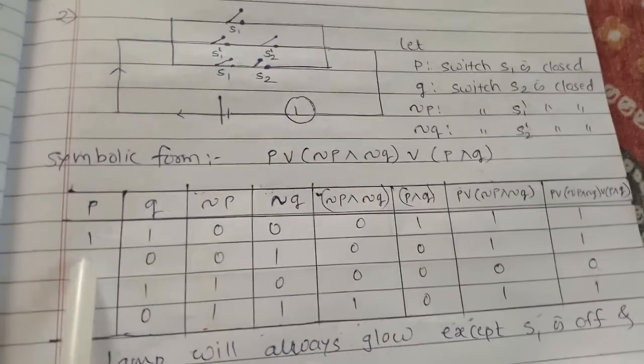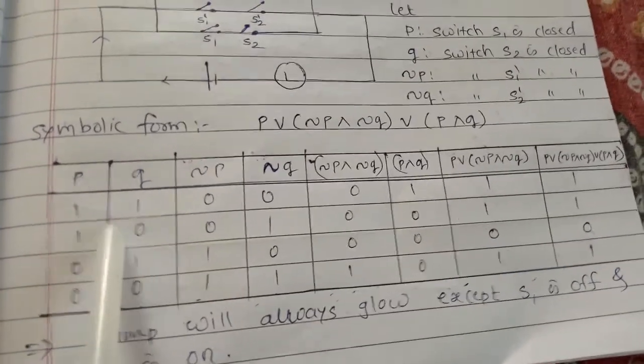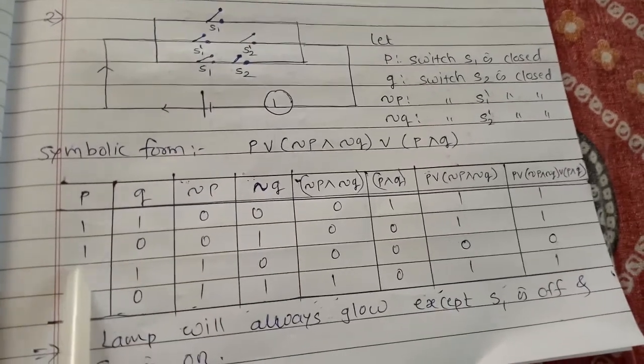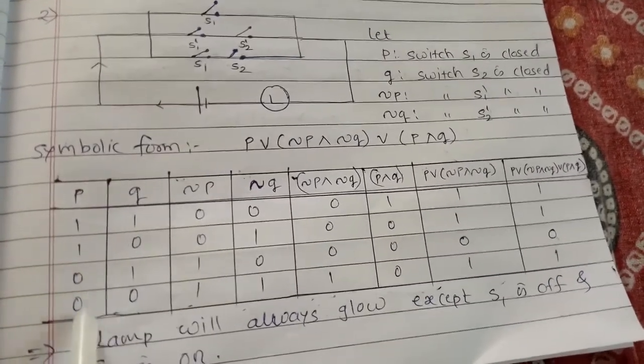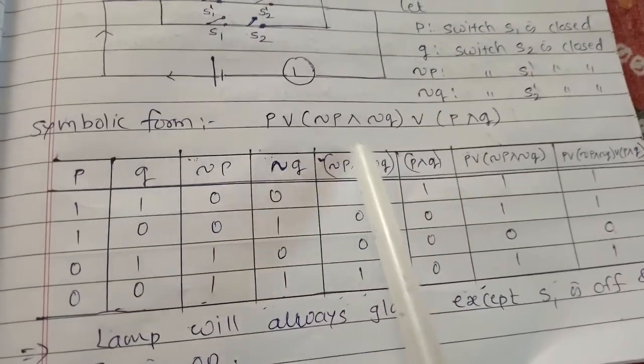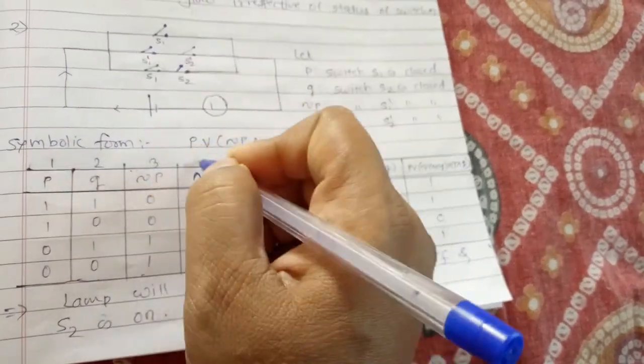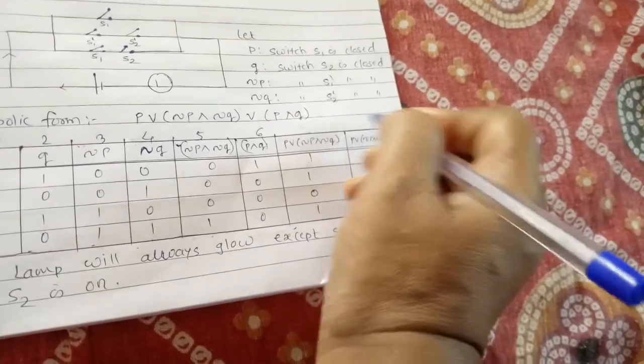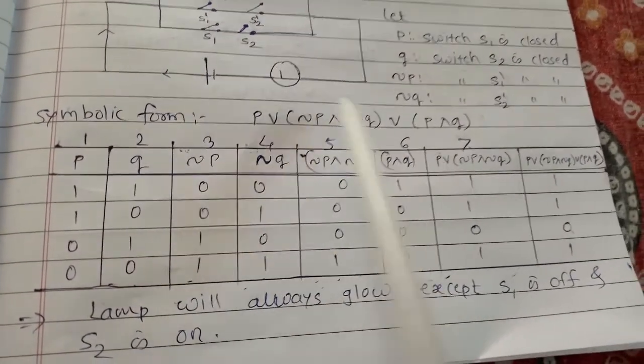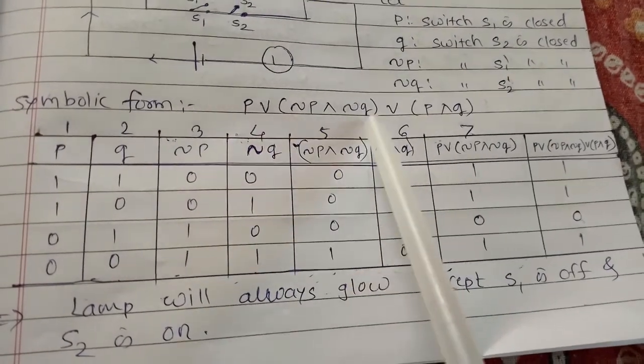Then we are going to write down the switching table, or it is also called the input output table. So two switches are there, so TTFF, TFTF, that is 1100, 1010. So negation P, negation Q we have to write down. After that, first I am going to give the numbers to the columns. And 7. Now see, we write negation P, negation Q from this. After that we have to take this bracket, that is negation P conjunction negation Q.